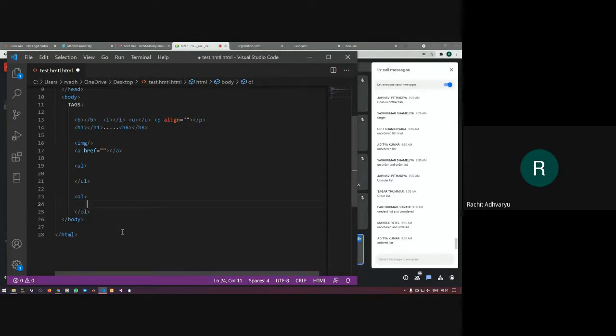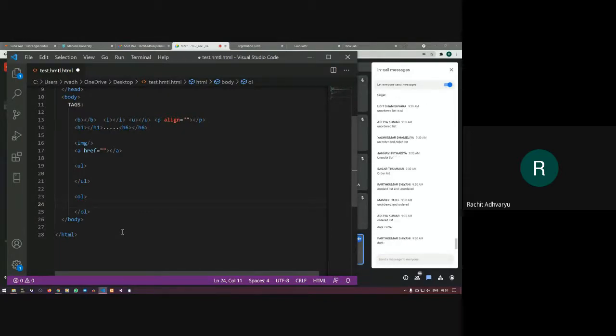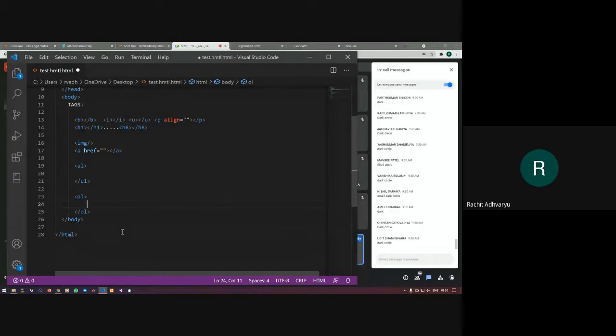I give you the options: a dark circled bullet, only a round shaped bullet, a square, a dark square bullet, or nothing. What type of bullet is default? Yeah, filled circle or dark circle.